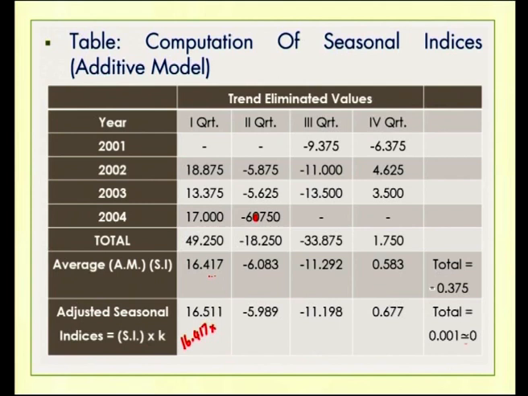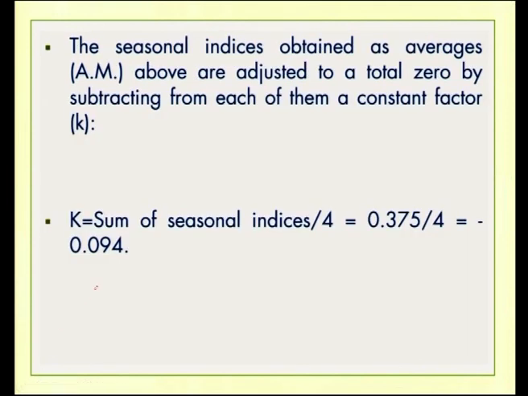Just take the average total of the 4 values, which is minus 0.375. So, the correction factor is calculated in the next slide. K is equal to sum of seasonal indexes divided by 4. Sum of seasonal index is minus 0.375 divided by 4 is equal to minus 0.094. So, correction factor K is minus 0.094 and